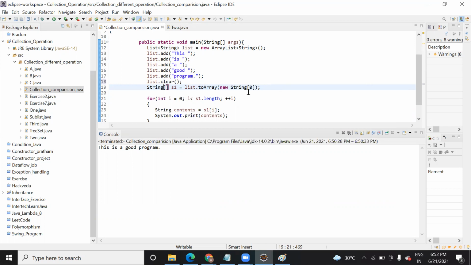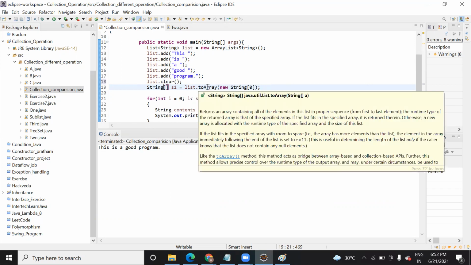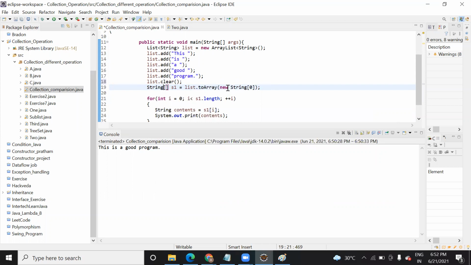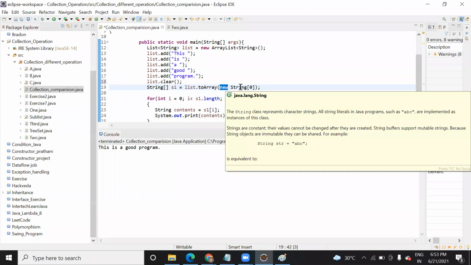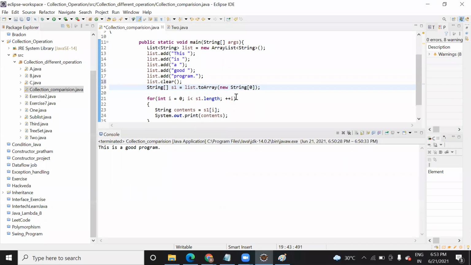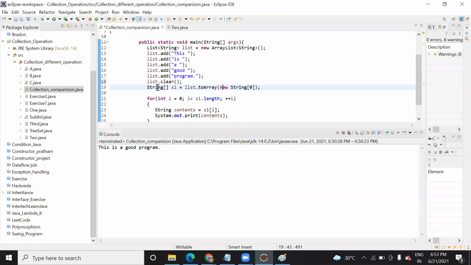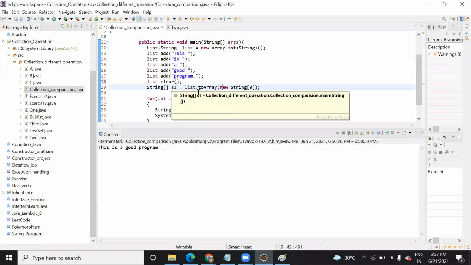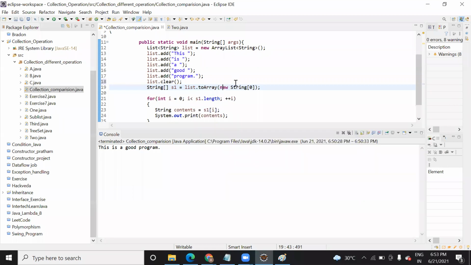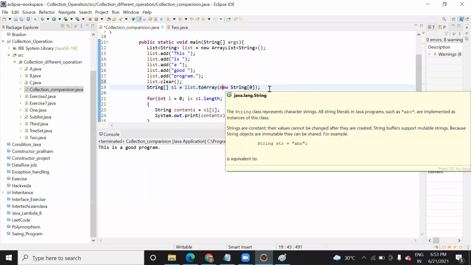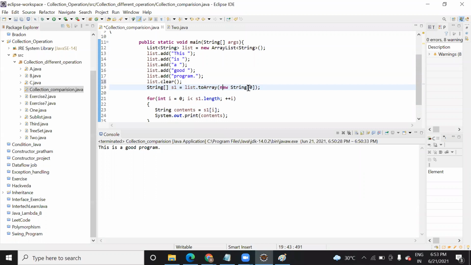Here, you are converting using toArray. So when you use the new keyword, why do we use it? Because this new keyword will provide memory to all the elements of this string that you have read. You have declared an array of string type s1, and you convert the list to the array, and here the new keyword provides memory to all the elements that you have read in this string array. So you need to initialize the starting of the array.